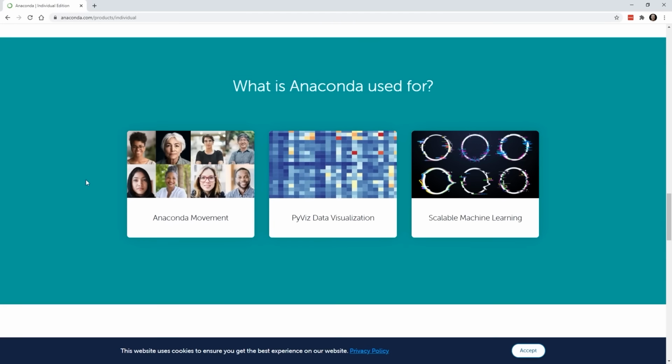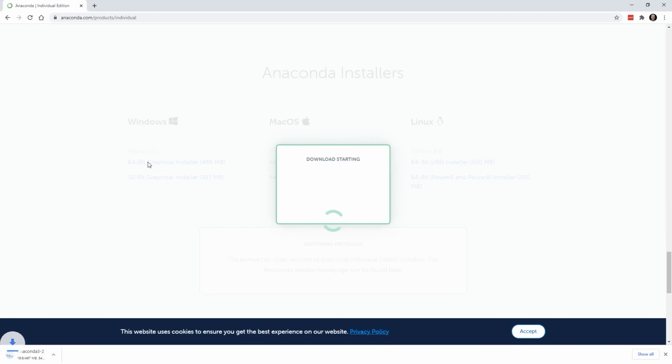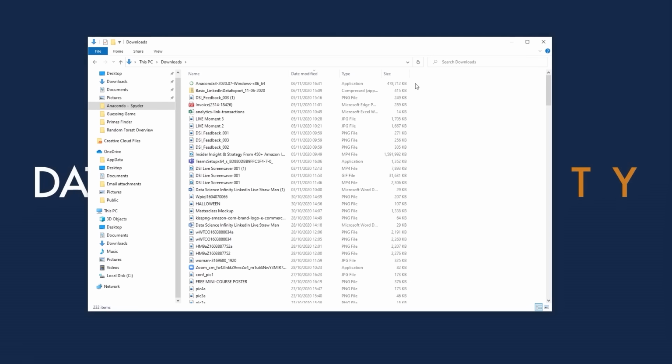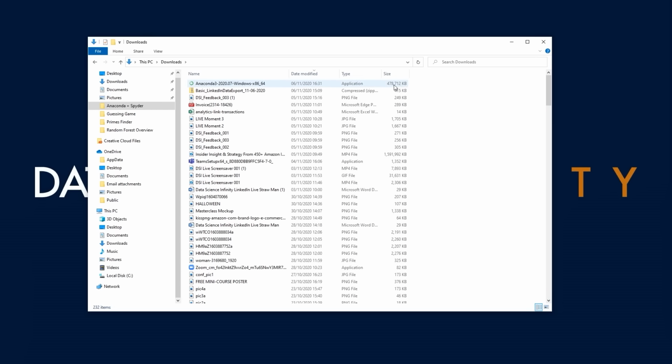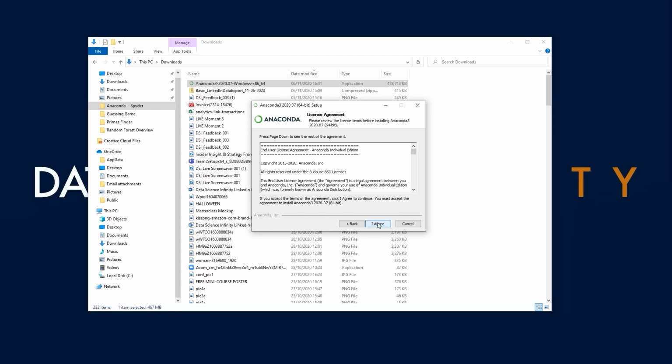If we keep scrolling down, we will eventually get here, where we have the option to download Anaconda for our specific operating system. I'm downloading for a 64-bit Windows machine, so I will be downloading this one here, but you can simply choose the one that's right for you. Once we click this link, it should start downloading automatically. Once downloaded, locate the file on your file system and open it. This will start the installation process. We will essentially just be following the default settings throughout the installation, so we can just continue through the process without needing to change anything.